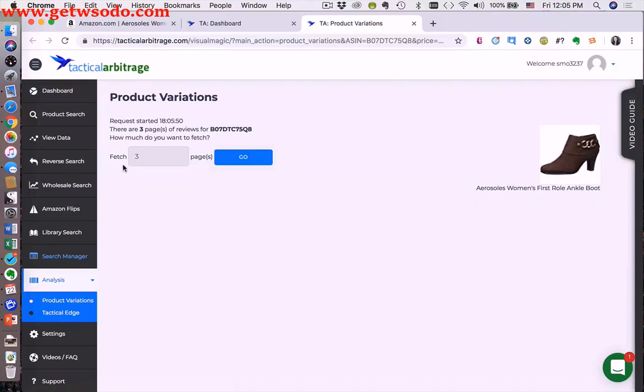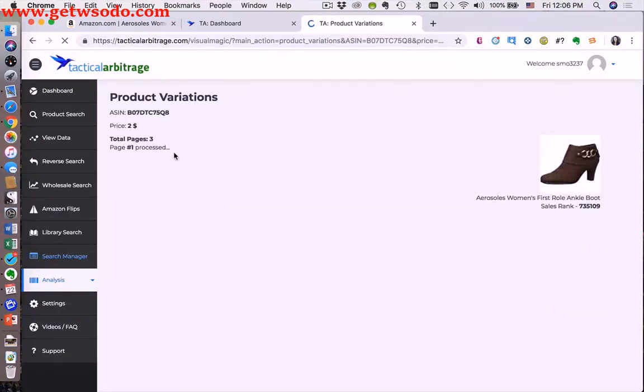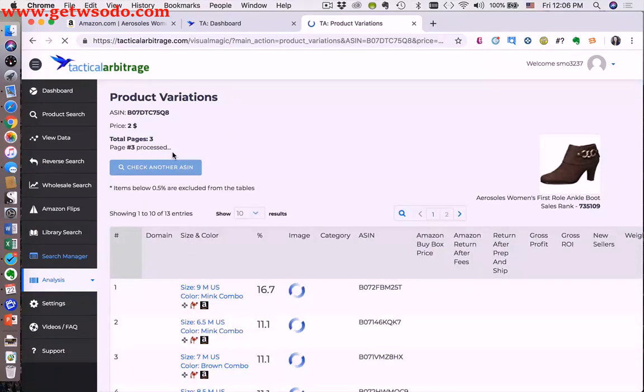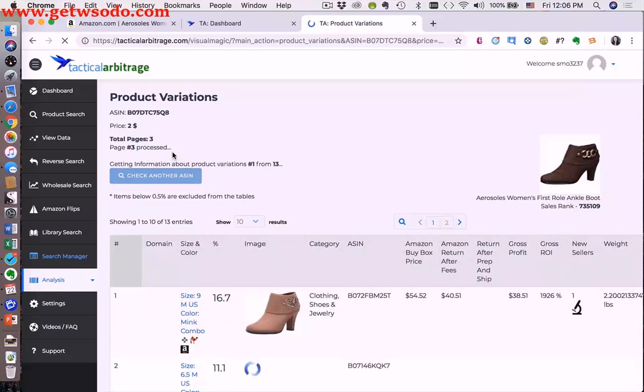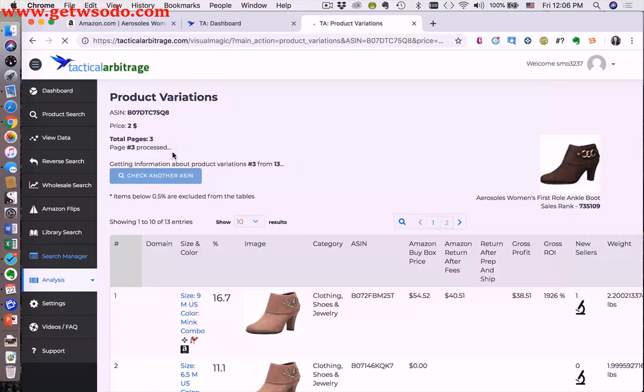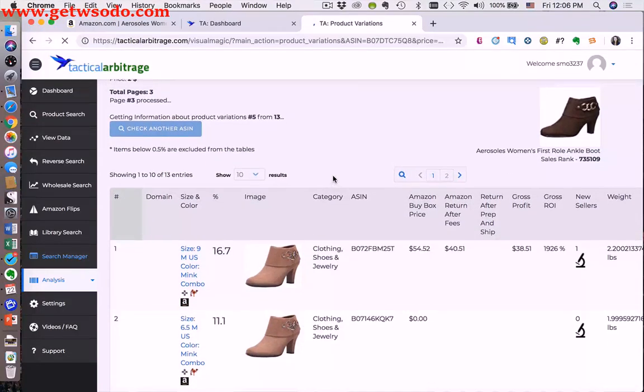where you can see that it's going to fetch 3 different pages of reviews, and this is fetching reviews off of that Amazon product page. So there's 3 pages of reviews for this parent ASIN. Go ahead and let it do its search, and you can kind of watch it as it's processing. Depending on how many pages it's having to go through, it may take it a minute. And then you can see once it's processed everything, it will pop up with all of the variations that you